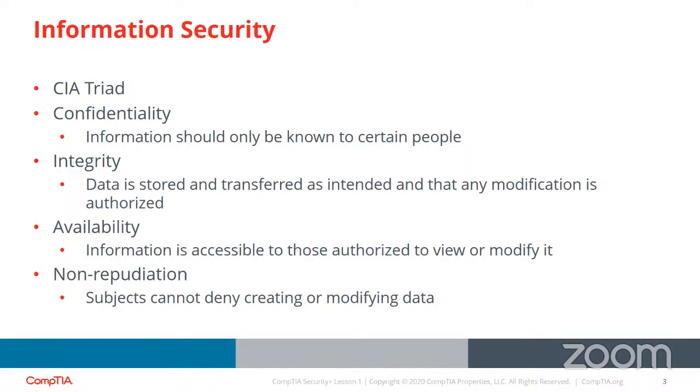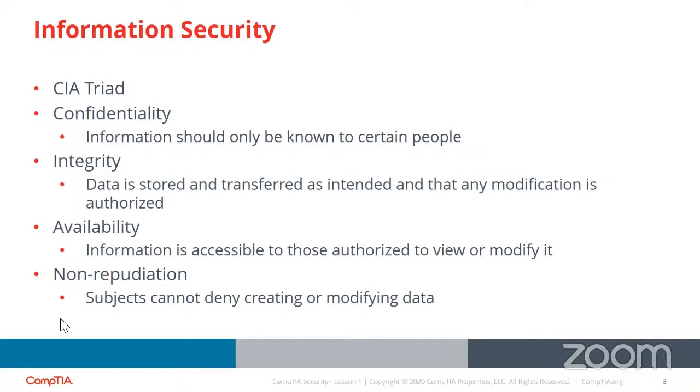All right, so we also talk about non-repudiation, and this has to do with a means of tracking an activity to a user or a subject. So in access control, we have the terms subject and object used, right? Subject here means the user. Object has to do with the resources being accessed. All right, so non-repudiation,